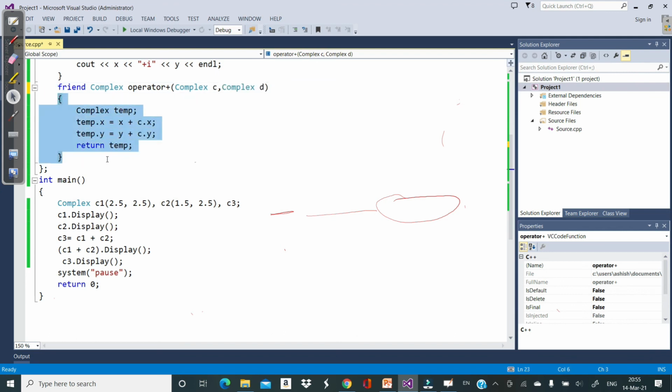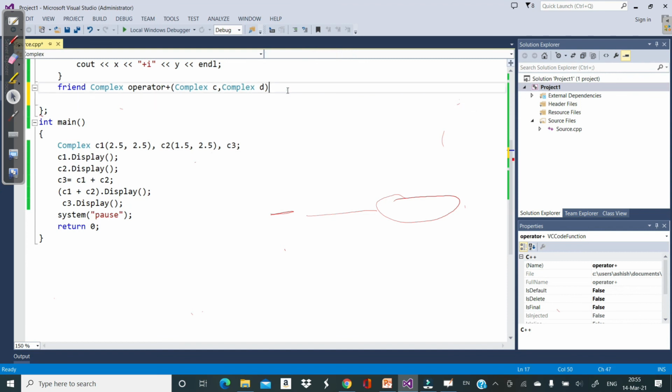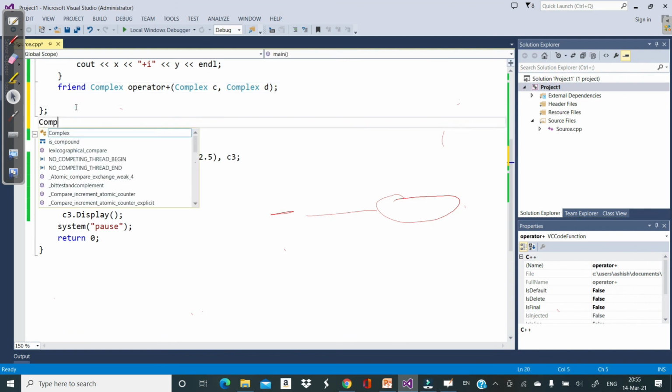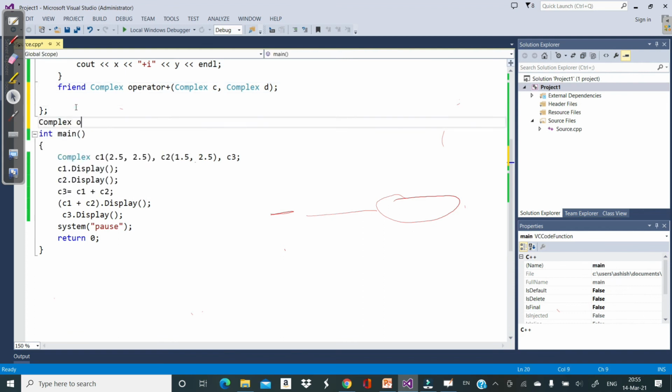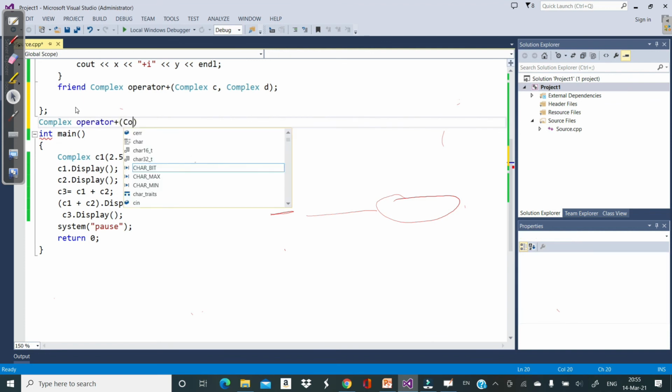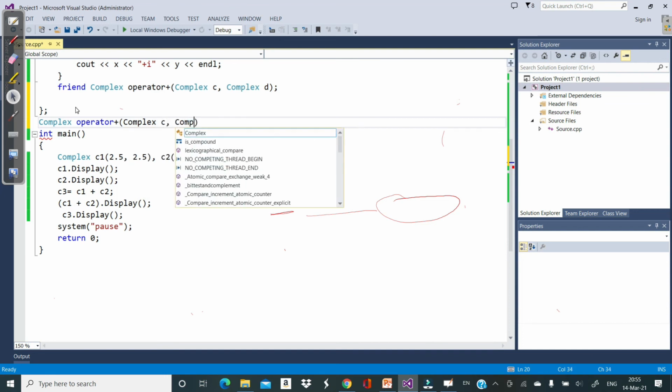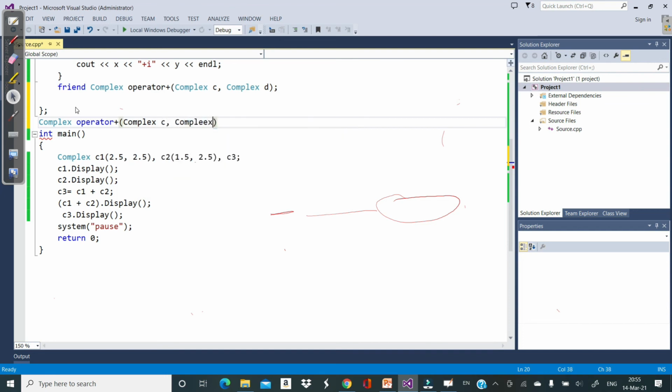Let's define it outside the class. So complex operator plus complex C comma complex D.